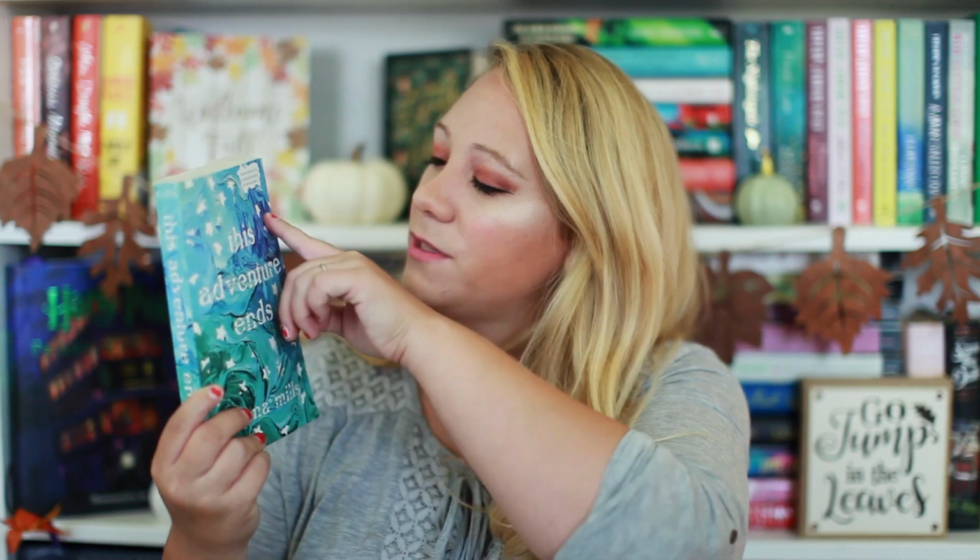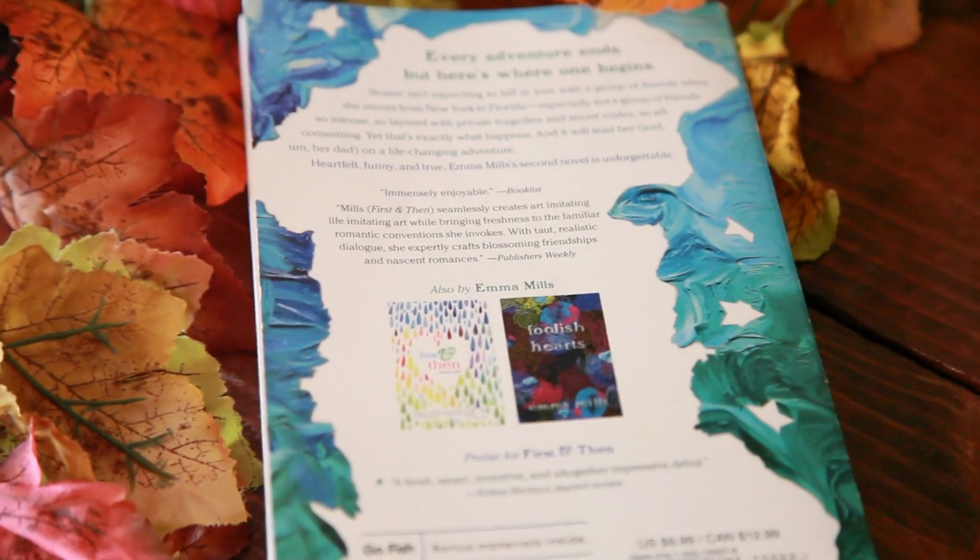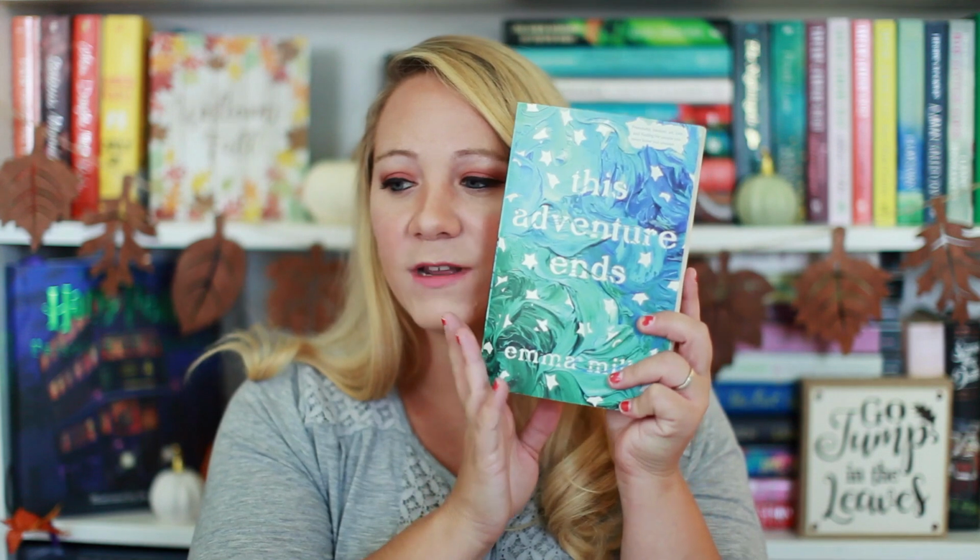But this one, it's just cute. I love the color tones in it as well. You have like this light blue and this dark blue, and it kind of goes into this teal and green. It's stunning. Even on the back, we can see the silhouetting of what the book is about, and it's just a stunning cover. I don't know if the hardback is the same. I'm pretty sure it is, but either way, this is one of the simplistic covers that I just love and